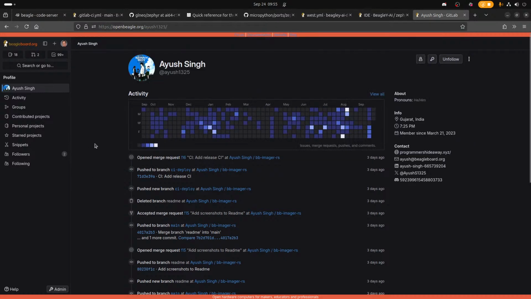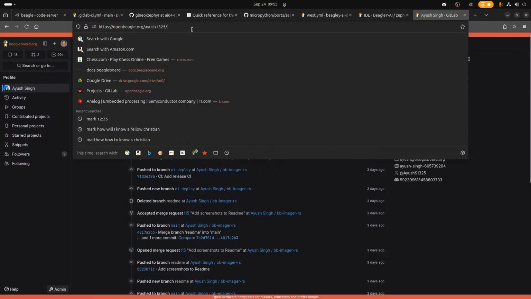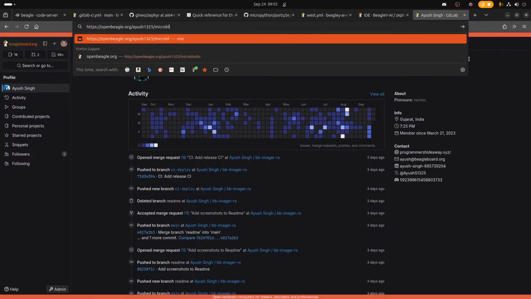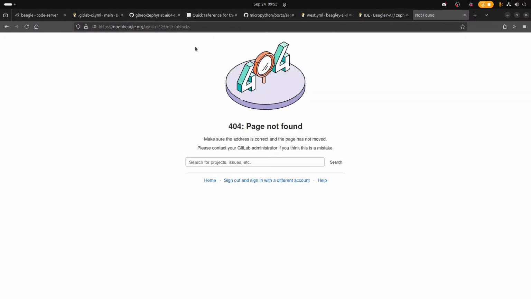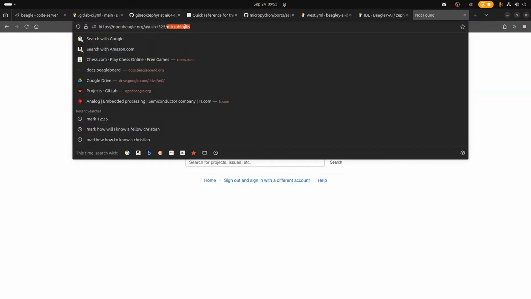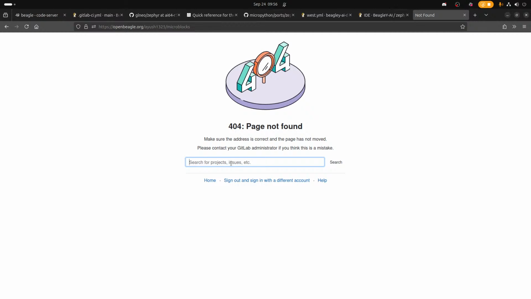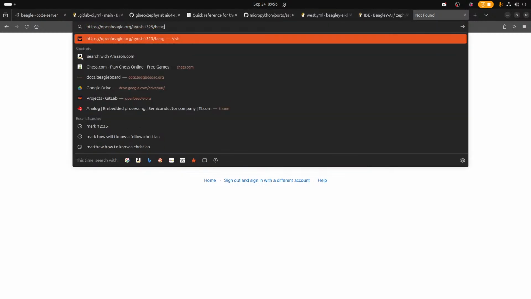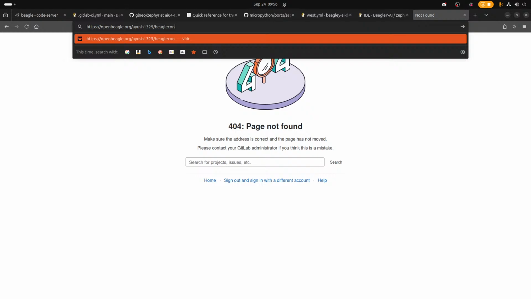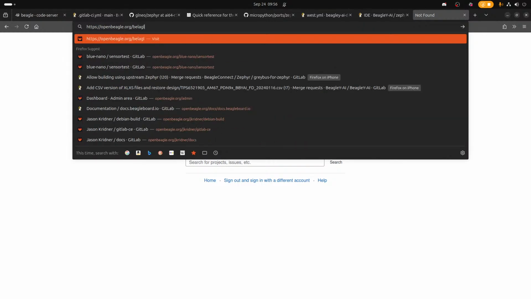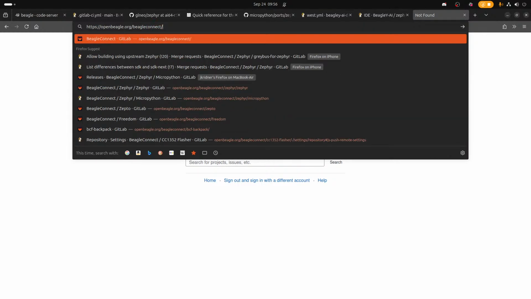Using Microblocks would be a good example for that. It now lives under Beagle Connect, I think. Did you not have your own fork of that? I did at one point, but it was moved to Beagle Connect.